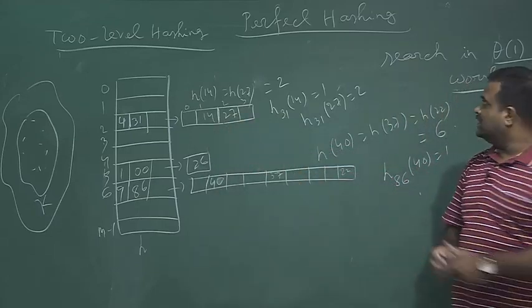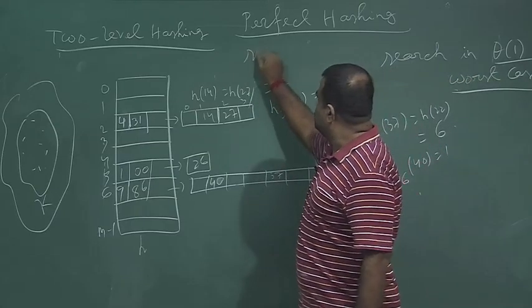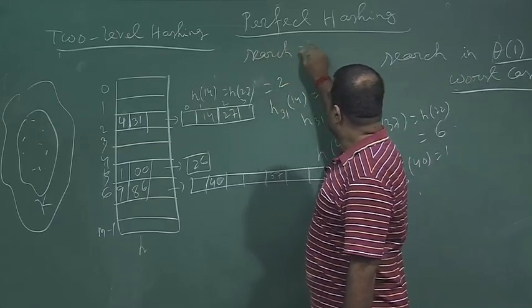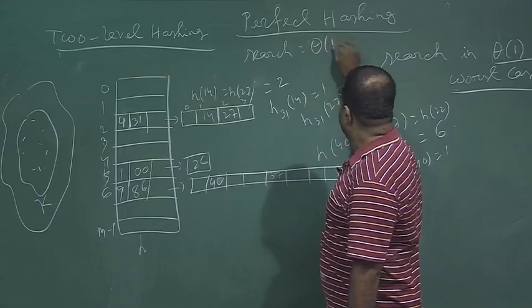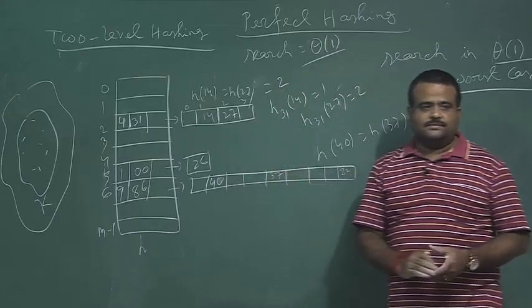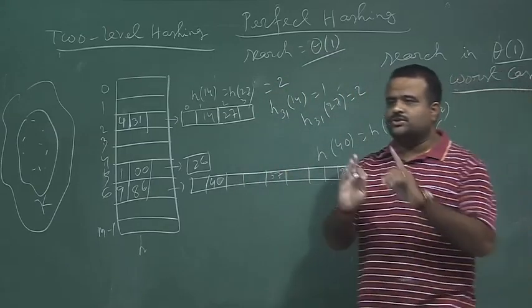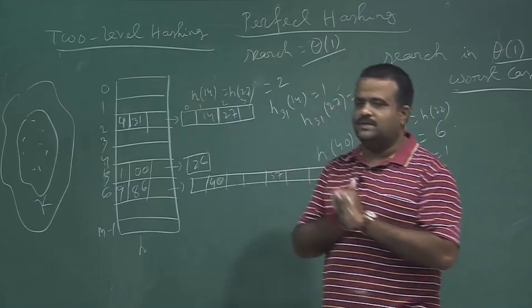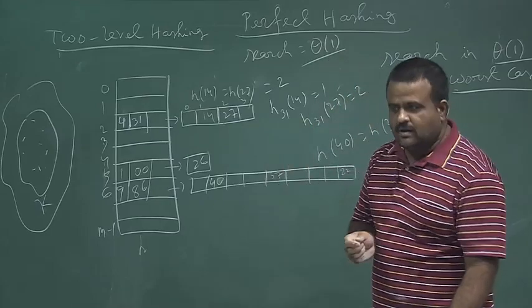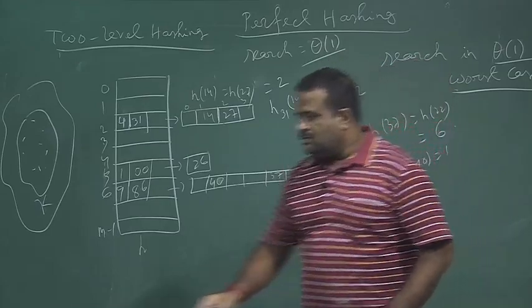So, this way the search time is constant time. We are applying the hash function just 2 times. Okay. So, now